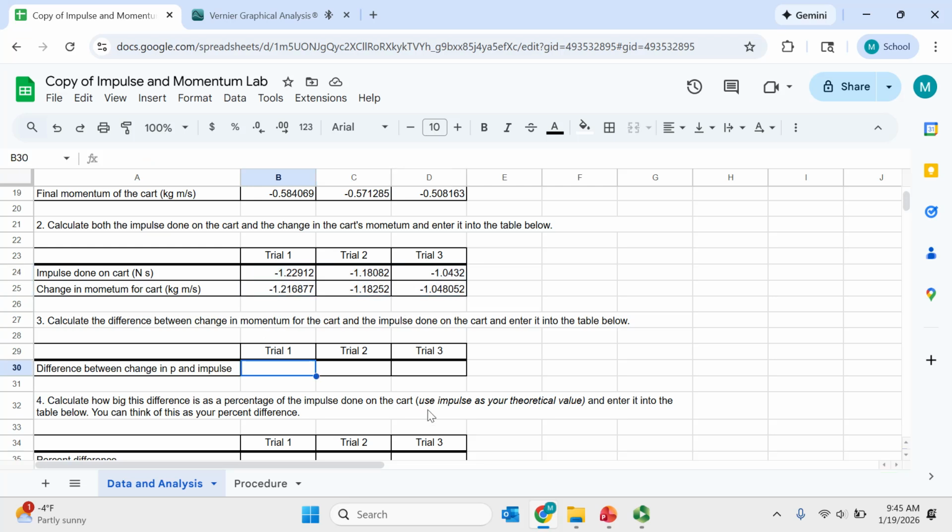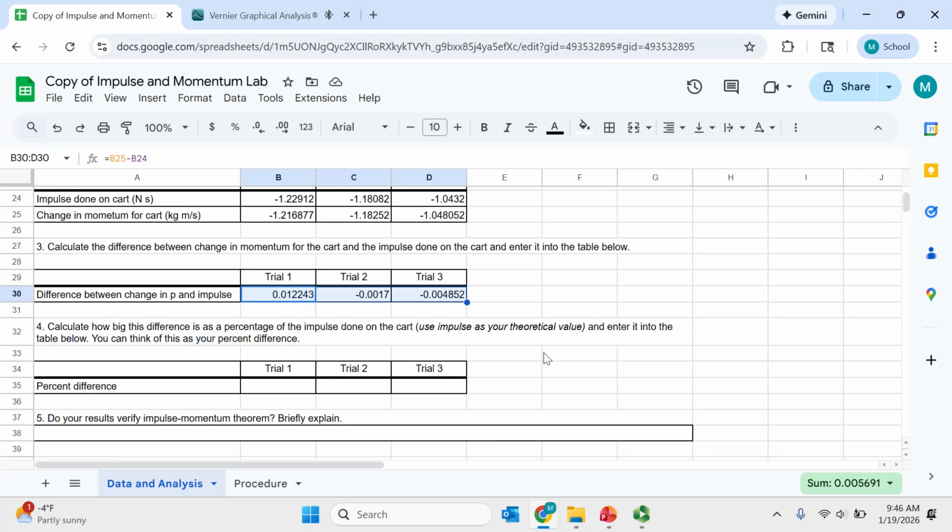So for the difference between momentum and impulse, I'm just going to take change in momentum and subtract the impulse. So what this one's telling me is there's a little more impulse than change in momentum. In these 2, there's a tiny bit more change in momentum than impulse. And then finally, for percent difference, I'm going to take